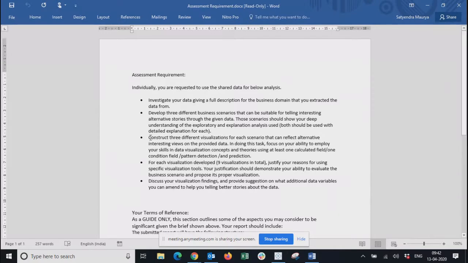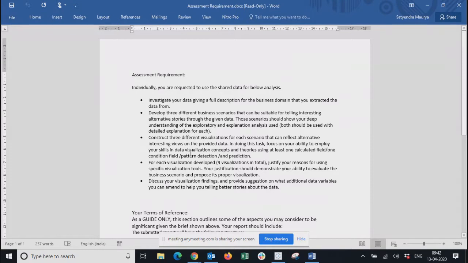And then the third point says construct 3 different visualizations for each scenario that reflect alternative interesting views on the provided data. So again, 3 scenarios which you have identified, in each scenario you need to create 3 charts. 3 visualizations means 3 charts, yes. Okay, then